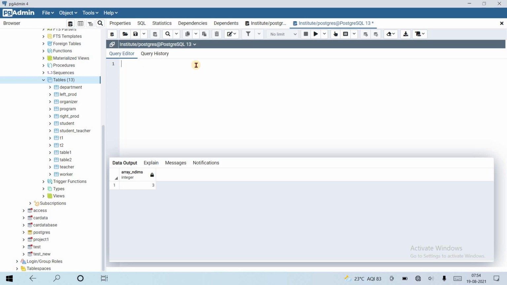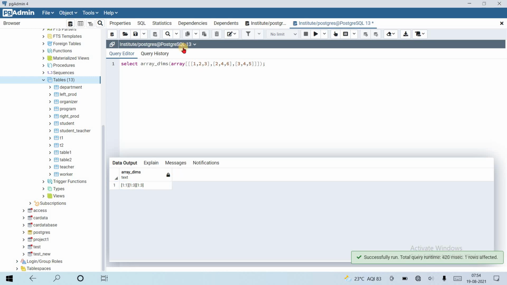Another function is similar to this. The previous function was array_ndims, and this function is just array_dims, array dimensions, with any array inside. Let's see with the help of an example. Select array_dims of some array, let's use the previous array with dims only. If I run this, it will give me a result like this.